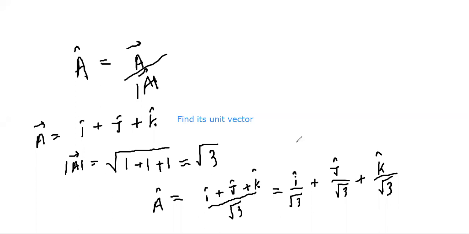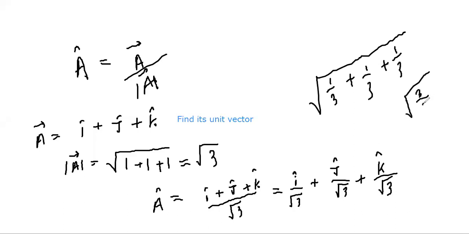Also, you can check your answer. How? If you remember the definition of unit vector, what was written? A unit vector is the one whose magnitude is unity, that is 1. So if you find its magnitude, just for checking your answer, you square the components under the root and add them. So 1 by root 3 square would be 1 by 3, plus again 1 by 3 and again 1 by 3. That would be under root 3 by 3, and 3 by 3 is 1, and square root of 1 is 1. So see, the magnitude is coming out as unity. That means the answer is correct. By this way, you can even check whether your answer is correct or not.